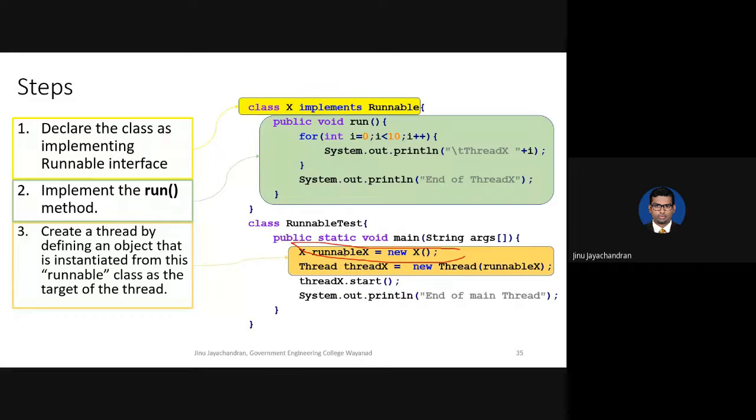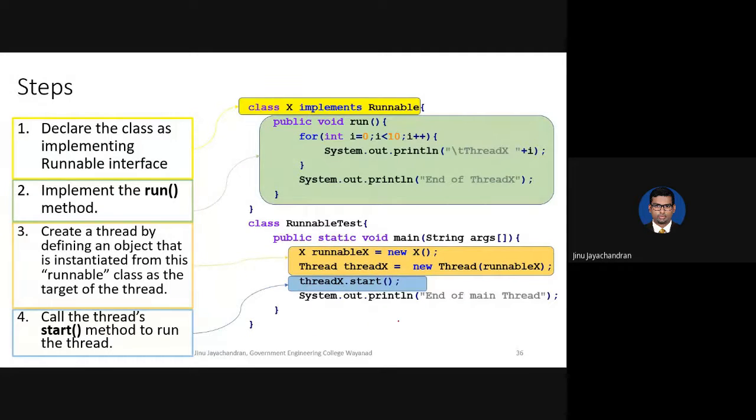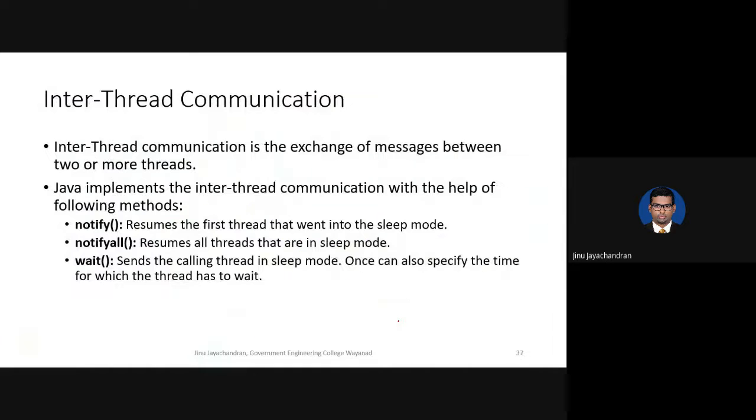Okay. This is called run number X. After creating the object, you create the object of the thread class, and you pass the object of the class that you have created to the constructor of the thread class. Then it will create a thread for the class X, and you can start it by calling object.start. This is a bit more similar when you compare it to our previous implementation. So you can start the thread by calling object.start.